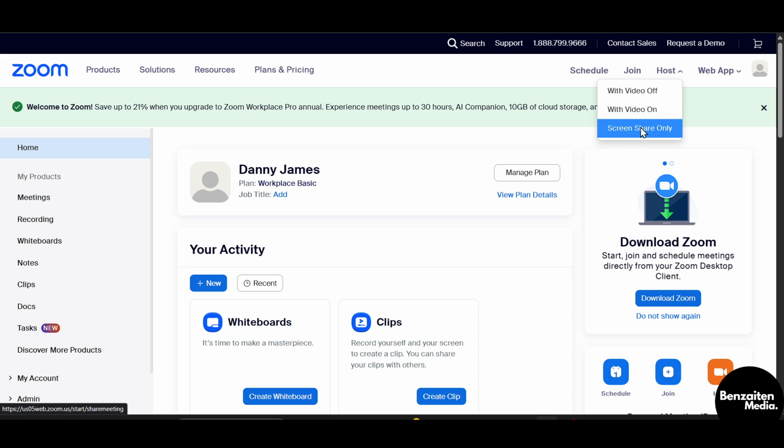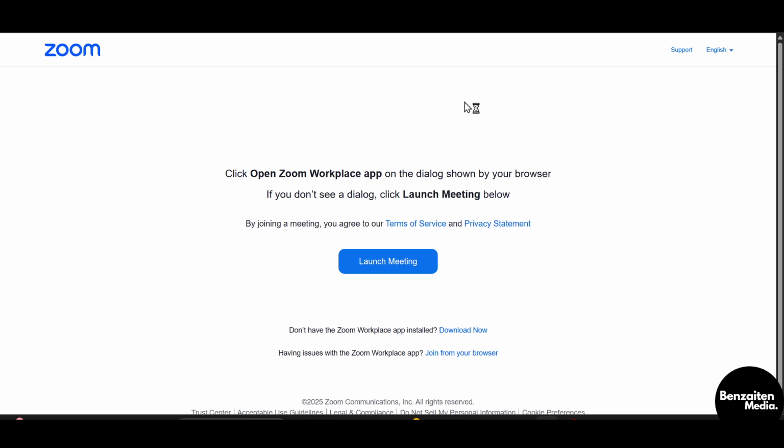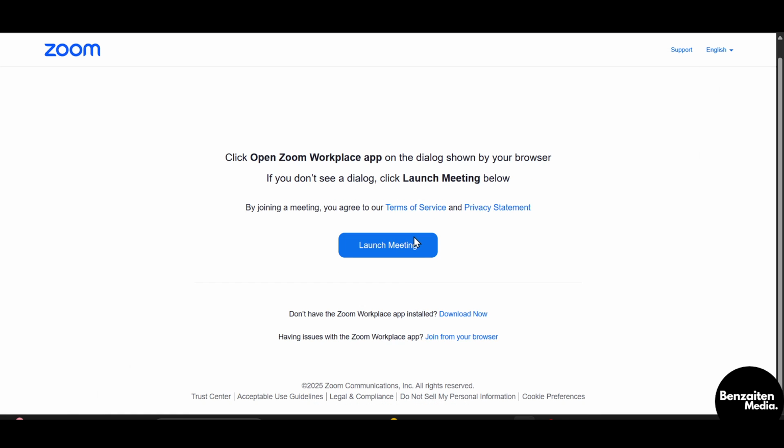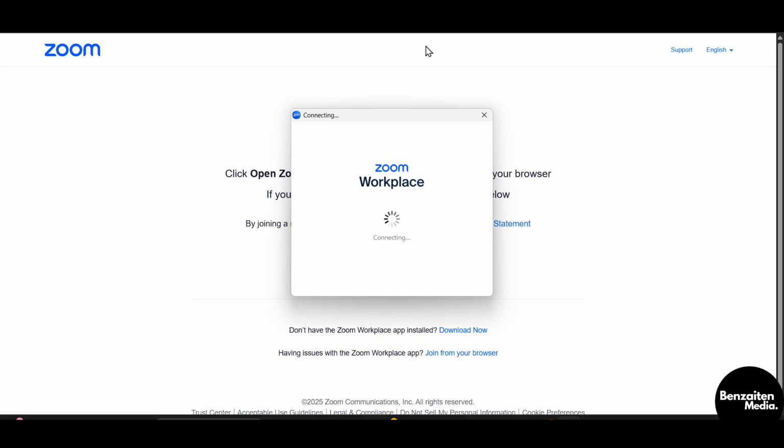And when you click on screen share only, you will be able to create or join a meeting wherein you will be sharing your screen. After that, it will ask you to open the Zoom meetings in a pop-up. Click on this open Zoom meetings and then it will open the Zoom meeting, and from here you can launch the meeting and then you can just simply share your screen to the members who are there in the Zoom